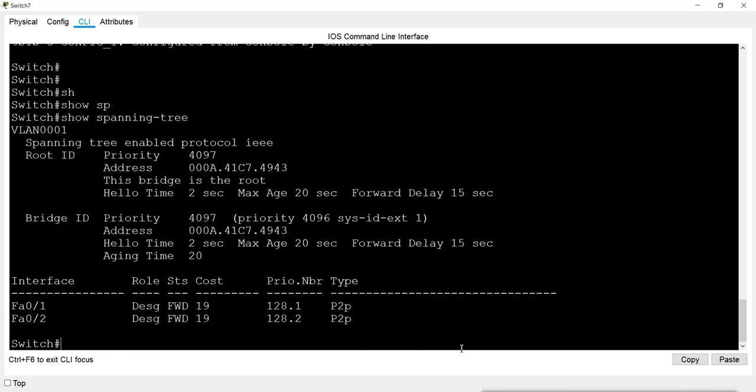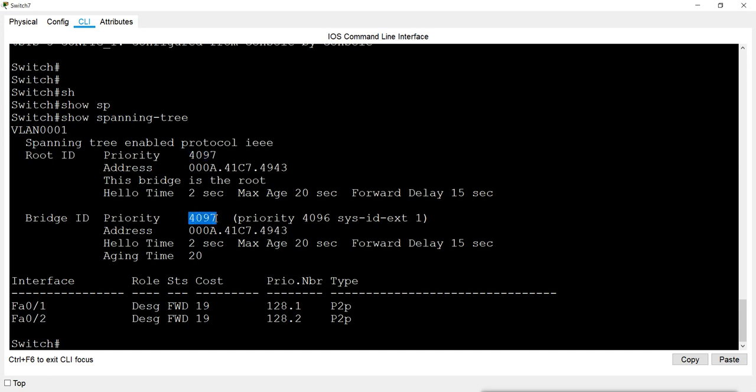When I check show spanning tree, you can see the priority for this switch is the one I changed, and this bridge is the root bridge because I changed the bridge priority.